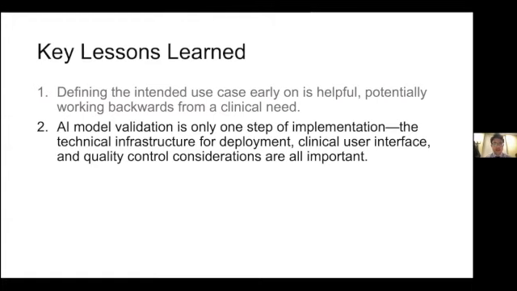So the second key lesson I think that we learned is that AI model validation is only one step of the clinical implementation. The technical infrastructure for deployment, the clinical user interface, and quality control considerations are all important. And I think the serious selection problem of picking the right image to get routed to the AI model is just one example. And it's the one example I highlight, but there are other issues as well related to the